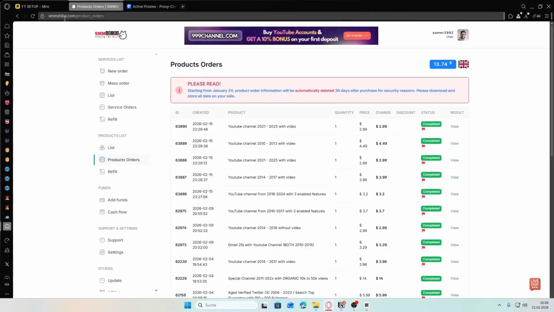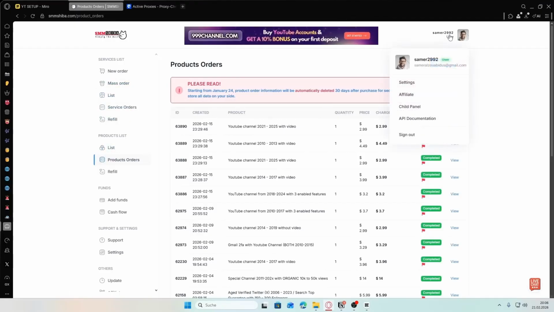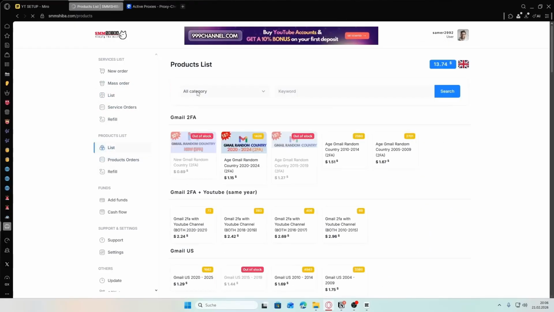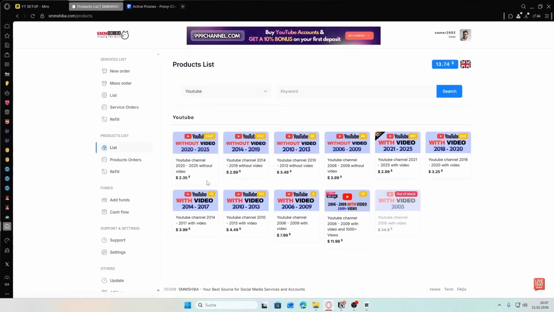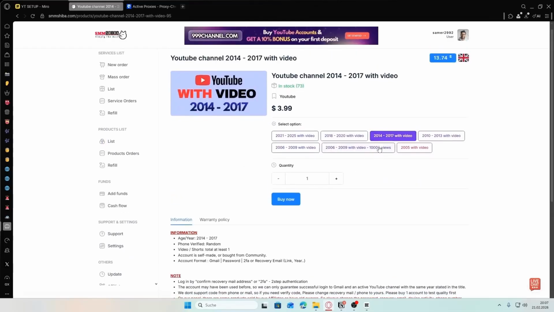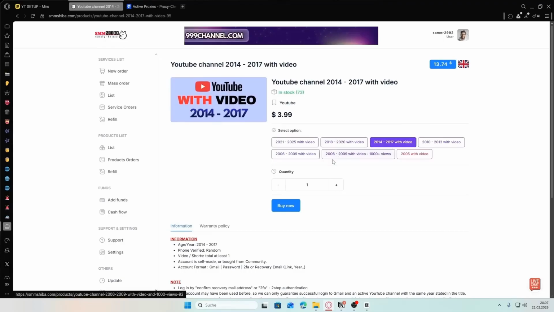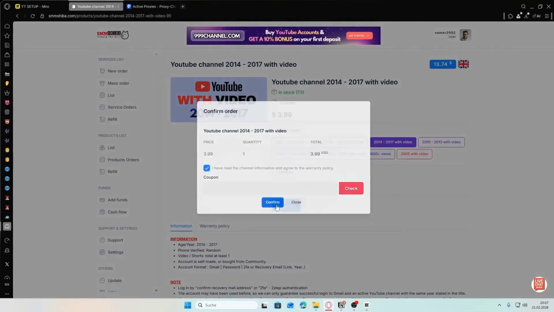Right, so I'm currently at my dashboard on smmshiba.com, and do not get confused by the website names. SMMShiba and SMMDodge are actually the same website. So all you have to do once you've created yourself an account here is to go on list, click on this category icon, select, and here you want to select something, basically any option that says from with video. So I'm going to choose this one right here, and this should be already fine. 2014, 2017, yeah. Now I'm going to click on buy, confirm,